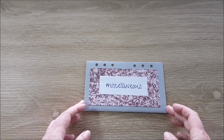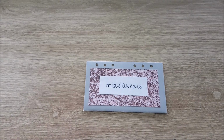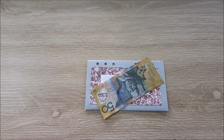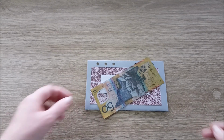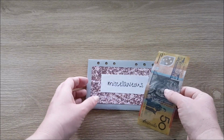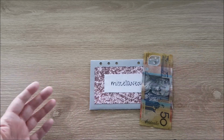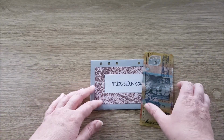Miscellaneous is for all of those things that crop up that you don't necessarily think about or plan for, that you want to be able to do. So we're going to allocate just $50 to that. We are really going to try and keep our miscellaneous spending to a minimum, because we don't want to be purchasing things that we really haven't planned for, because we don't want to be impulse buying. But things come up. So rather than putting our whole budget off the rails, we would rather allocate a little bit